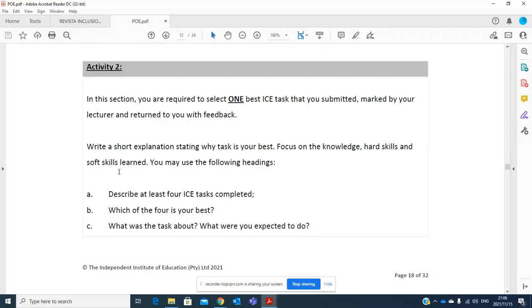Now, in activity two, in this section, you are required to select one best ICE task that you submitted, marked by your lecturer, and returned to you with feedback. Write a short explanation stating why the task is your best. Focus on the knowledge, hard skills, and soft skills learned. You may use the following headings.